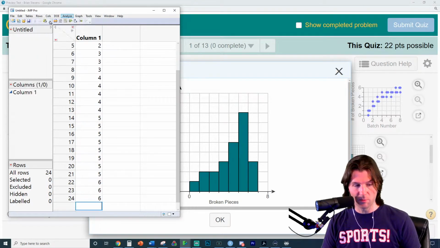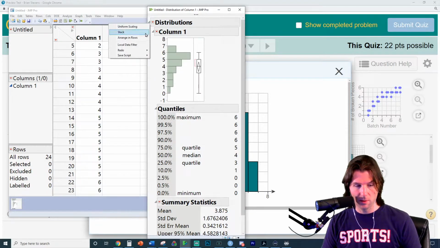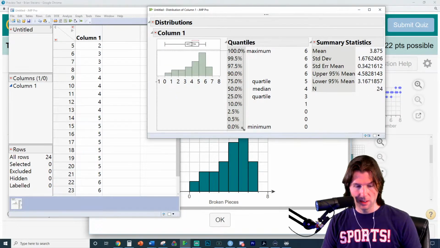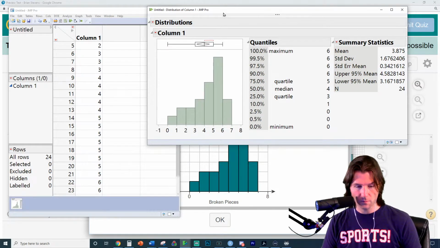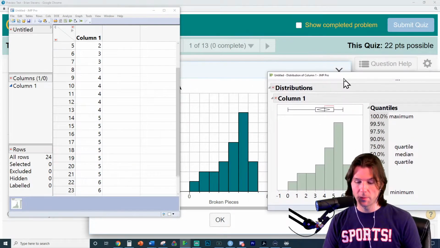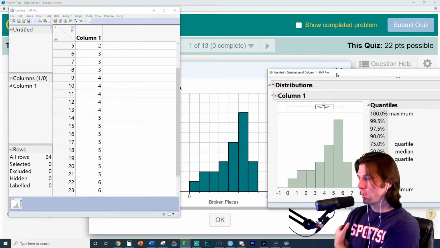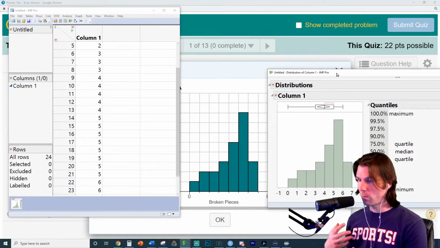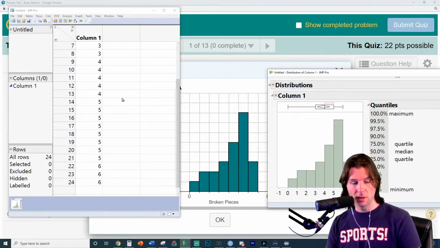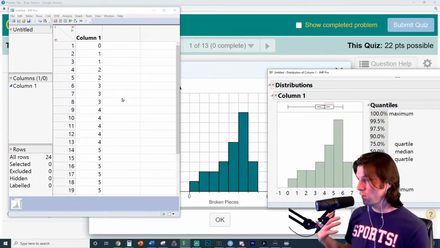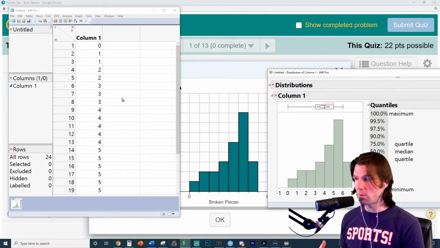Now we should get something pretty similar to the way JMP plots it out right here. But this is what the number of broken pieces looks like if we do the histogram right here. And we should see a very similar plot to this. And here it is right here. There is our plot via JMP, and you can actually see the data there. So it's important you understand where this data is coming from and how we're creating it, and that this is just a univariate display. These histograms are just univariate, and this is the data that created it.